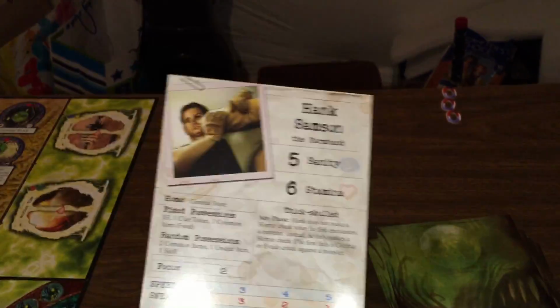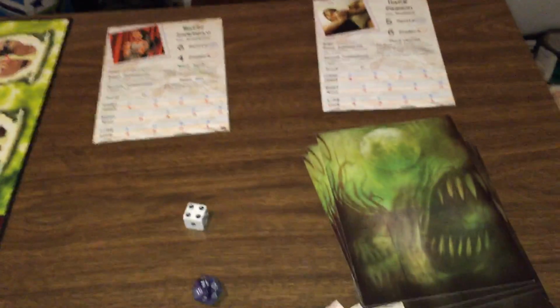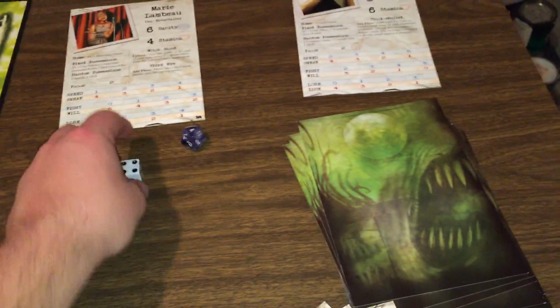So, again, just a brute. He starts off with food. I wish he started off with a shotgun. That would make things much easier, right? All right, so both of those I've played with quite a bit. I'd love to get some new-ish investigators here, but...